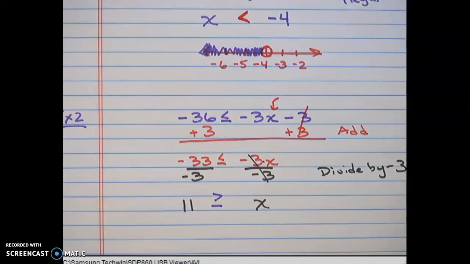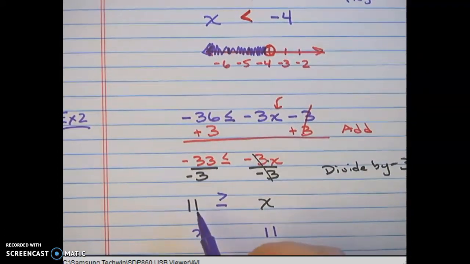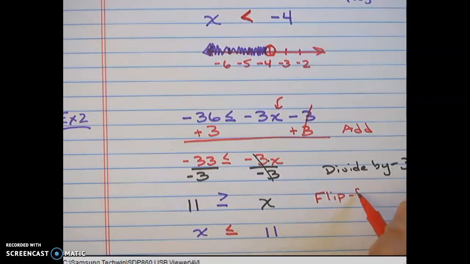Now oftentimes, this is the right answer. It says 11 is greater than or equal to my x. But sometimes I like to have x first. So if I want to put x first, instead of having it second, if 11 is greater than x, then I have to flip this and say x is less than or equal to 11. And so there are sometimes I have to flip it once. So I flip my sign here. I did a reverse of my sign. I flip-flopped